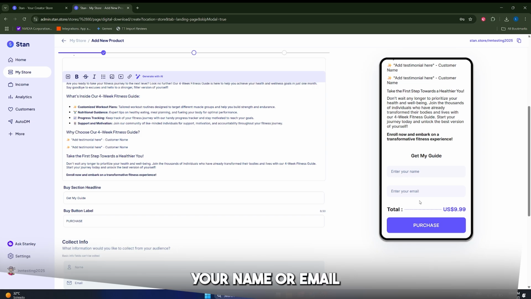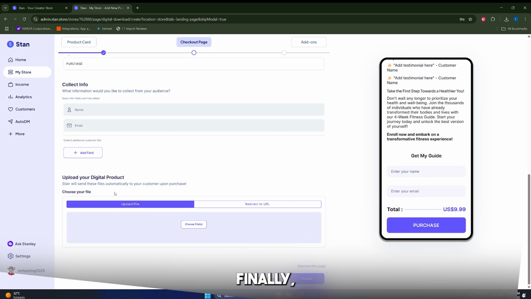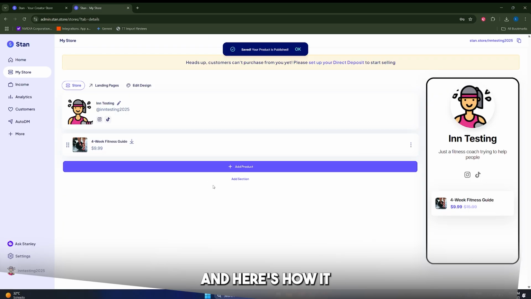You can enter your name, your email, and so on. And here you have the discounted price. Finally, just make sure that you upload your PDF file so that it's going to be sent to your clients after they purchase the guide. And here's how it will look, guys. You have your profile picture and your guide in here that you can click on